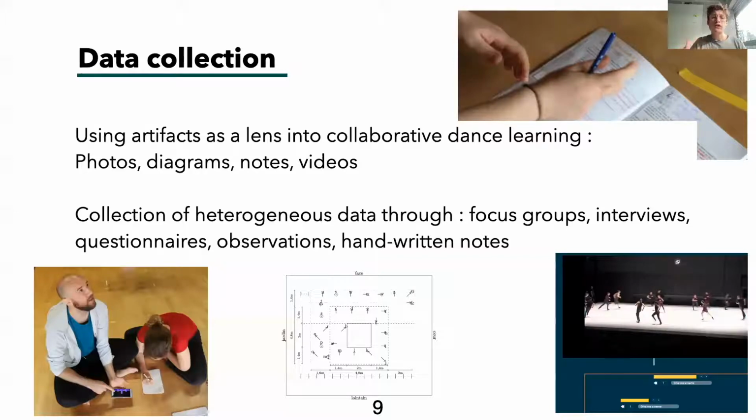In order to understand how collaboration unfolds during the learning process, we mainly focused on the artifacts produced by the stakeholders, meaning the dancers and the rehearsal director. We collected, for example, videos of rehearsals, tutorial videos, textual representations of the piece, scores, and notation diagrams. We also introduced a tool that we created called Move On that supports the segmentation of dance video. By introducing this tool in the dance studio, our goal was not to study the tool itself, but rather to extend the panel of tools that dancers have access to